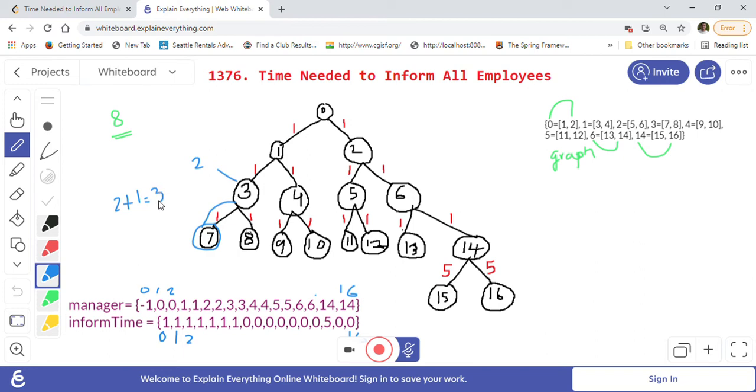That is how DFS works, right? Again, when the control goes back and we want to calculate for 8, we again do this 2 plus 1, so 2 plus 1 is 3, like this. Similarly, with that logic, when we are at 14, we already needed 3 minutes to reach here. When we go to 15, we do 3 plus 5, that's what the function does. So 3 plus 5 is equal to 8 here. And similarly from 14 to 16, again 3 plus 5 is 8, correct? For both it takes 8 minutes.